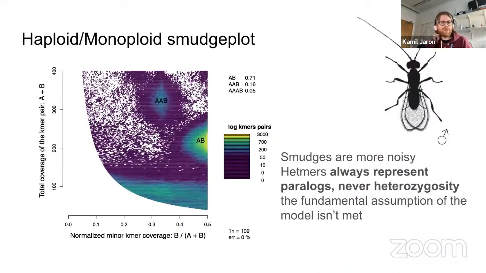So, okay, what happens if you don't have a signal to look at? This is a male hymenopteron. That means that obviously nothing can possibly be heterozygous because they are monoploid. Well, they're actually haploid. I usually try to distinguish between the two because haploid means reduced. So for tetraploid species, haploid is diploid. Monoploid is the word we usually seek, meaning each chromosome is there once. But in this case, it's both because males are actually reduced.